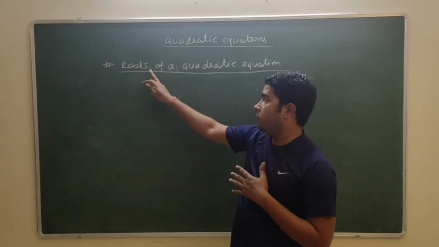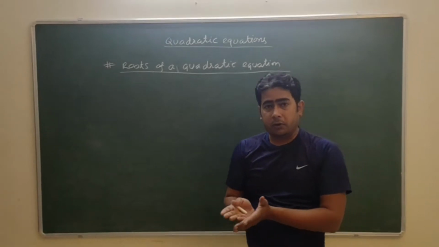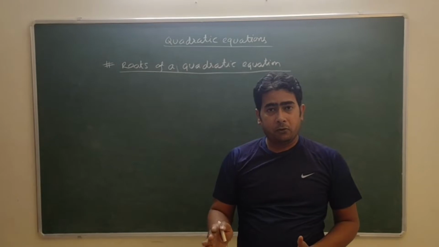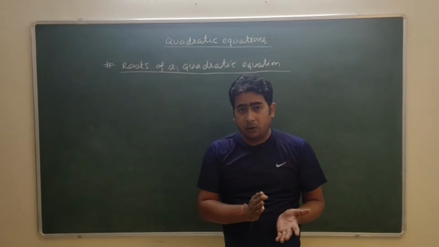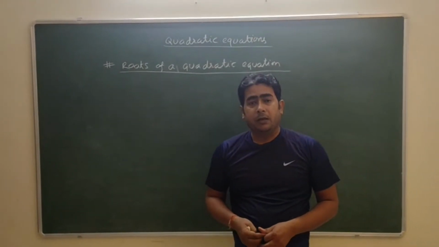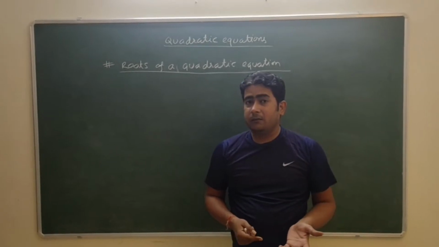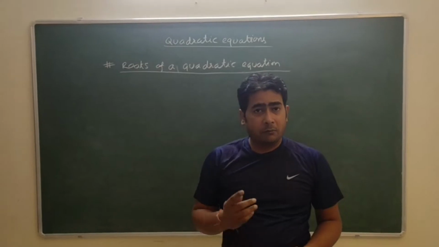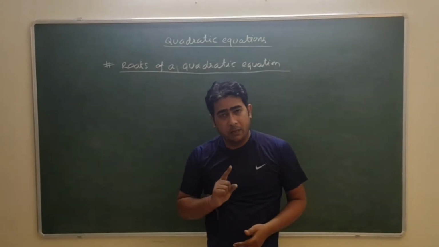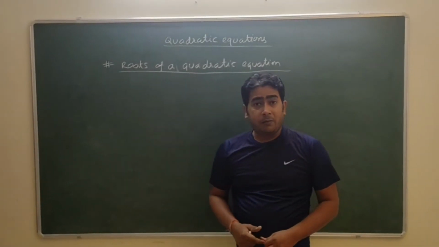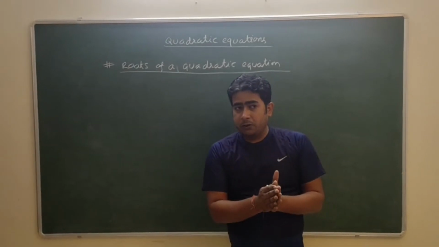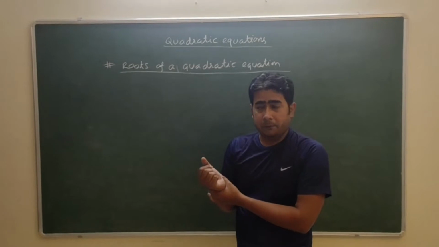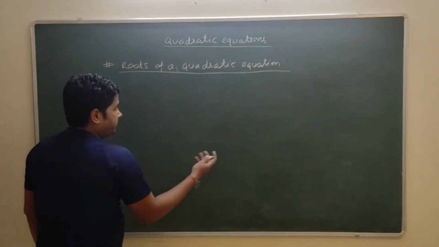Now why have I written roots here? Why not the root? Because as we know, for any equation, the number of roots or number of solutions is equal to the degree of that equation. Means if that equation is linear, degree is always 1. So in case of a linear equation, the number of solutions or number of roots will be 1. Similarly, if the equation is quadratic, means degree will be 2. For that equation, number of roots will be 2. Means there will be 2 solutions of that equation. So what is the meaning of root? Let's understand that first.